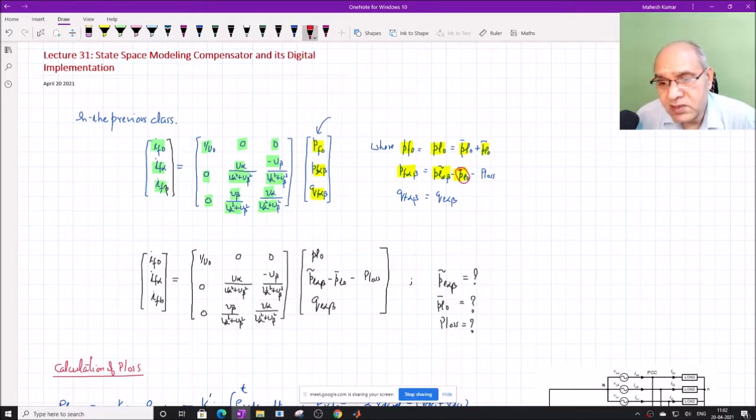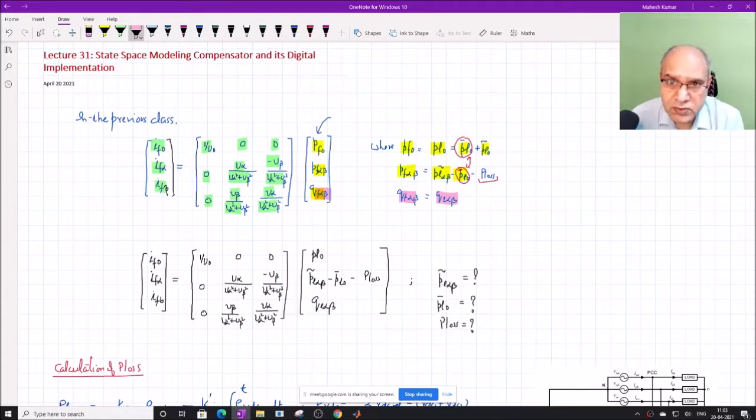Who is somewhere? This somewhere is the source. Ultimately this power comes from the source and is directed to the zero sequence component, as if it flows between this and this. But since it is average power, it has to be taken from the source. And then minus P loss, which is the losses in the inverter. The third component was QF alpha beta, which is equal to QL alpha beta. It basically means all the reactive power of the load must be supplied by the compensator.